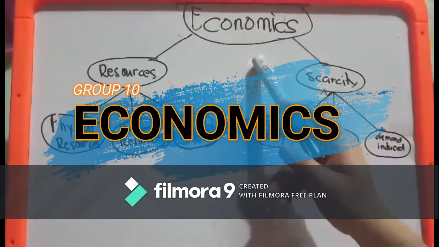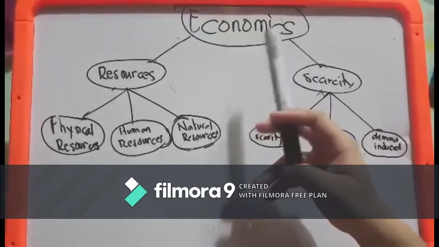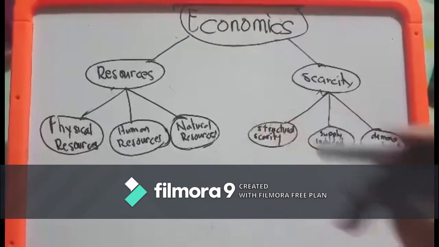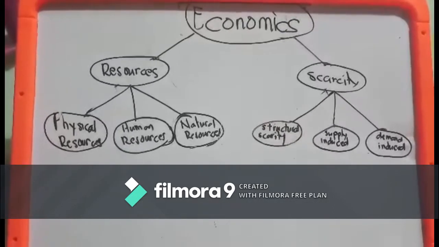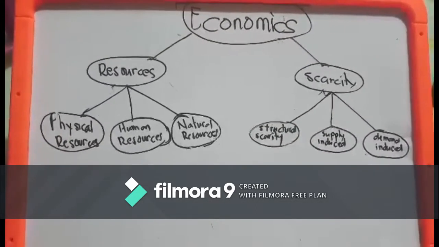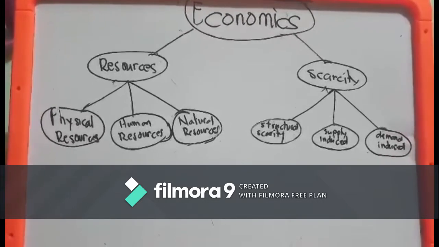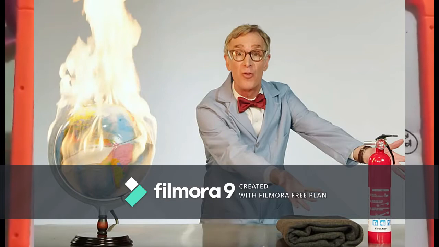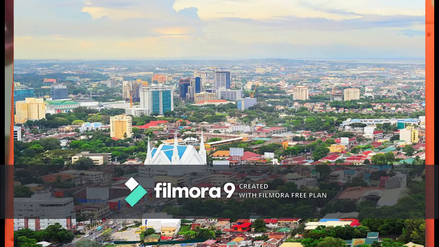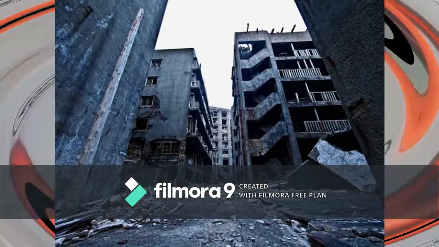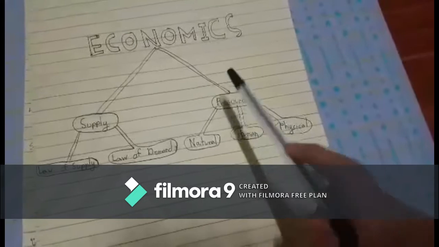Economics is a social science concerned with the production, distribution, and consumption of goods and services. Economics is important for many areas of society. It can help improve living standards and make society a better place. Economics is like science in that it can be used to improve living standards, but it can also make things worse.